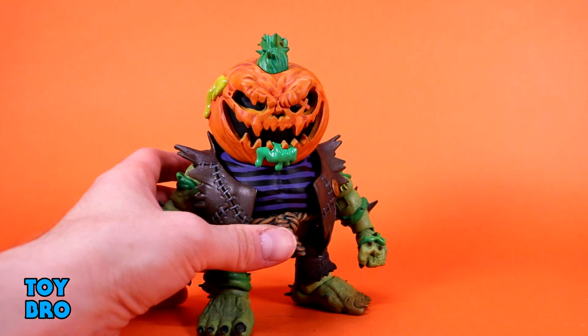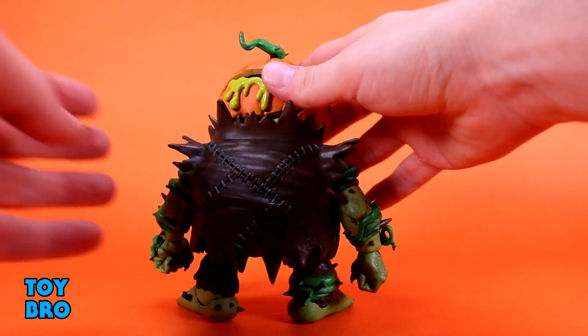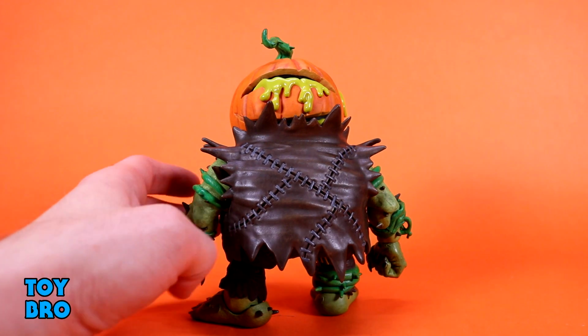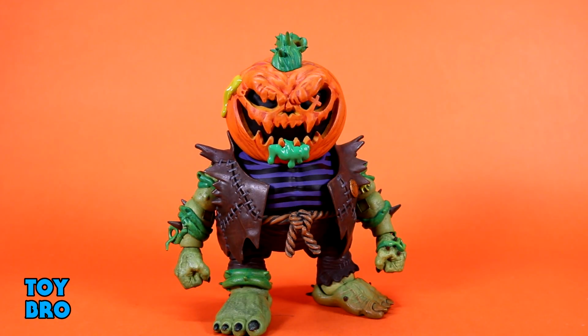Every bit of this figure has some sort of texture to it, and that texture is covered in a dry brushing and a wash to bring out that sculpt and to just make him look even more detailed and just gross for the sake of being gross. The jacket has all these torn, jagged edges, the stitch work all over it, and the focal point, clearly for this regular version, is going to be the head sculpt because it's a big,